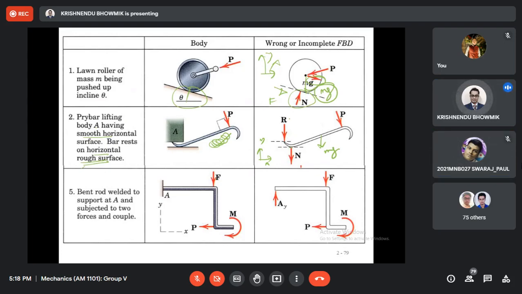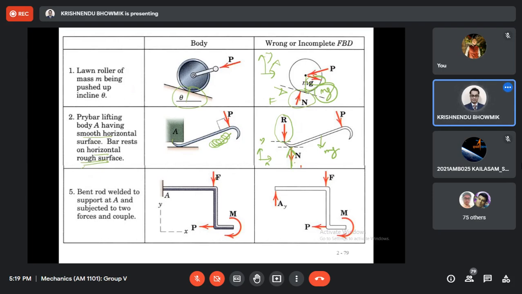If the normal reaction force R is wrong, you will get a negative sign. Don't worry. Here, correct? Yes, sir. N is wrong. Okay, maybe this one also you can correct. No problem. Even if it is wrong, you will get a negative sign. Don't worry. But always I use this way. You are right. Okay. Then anything else?